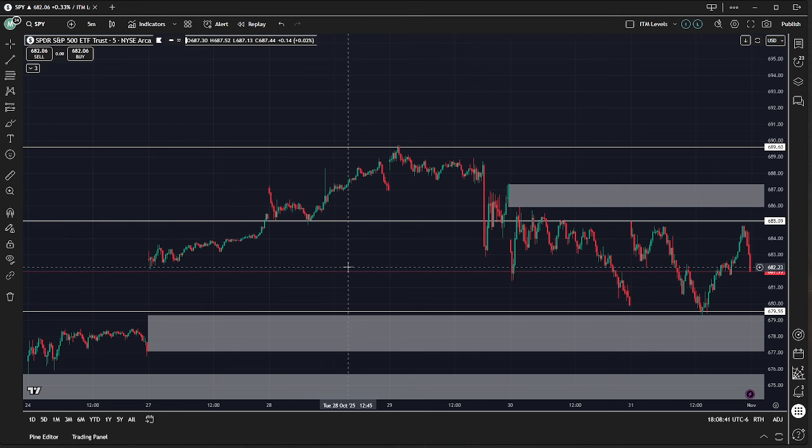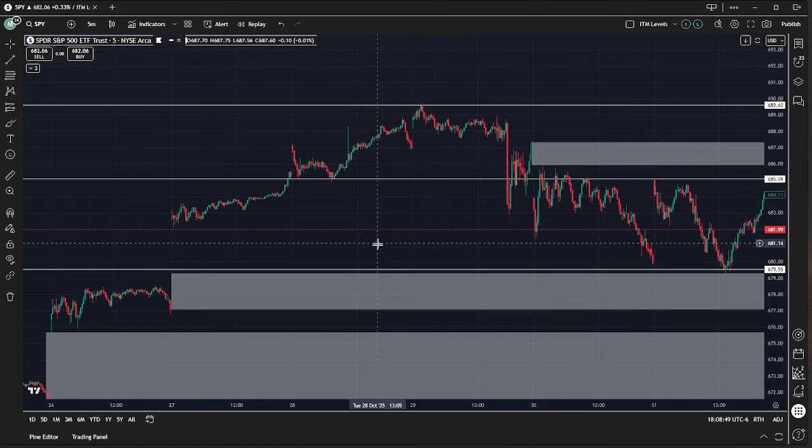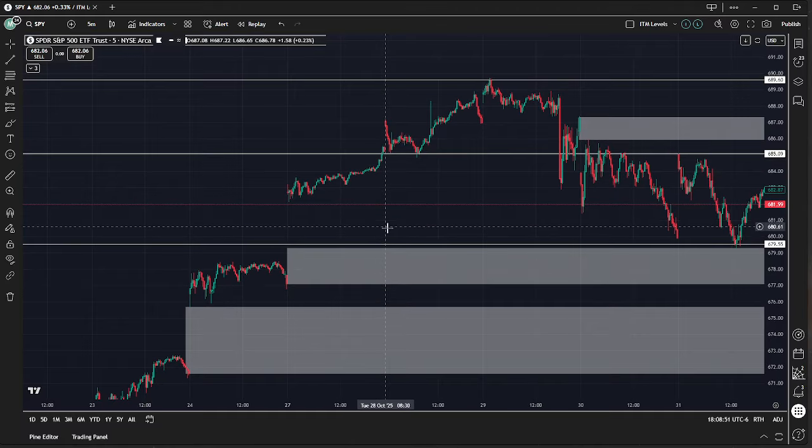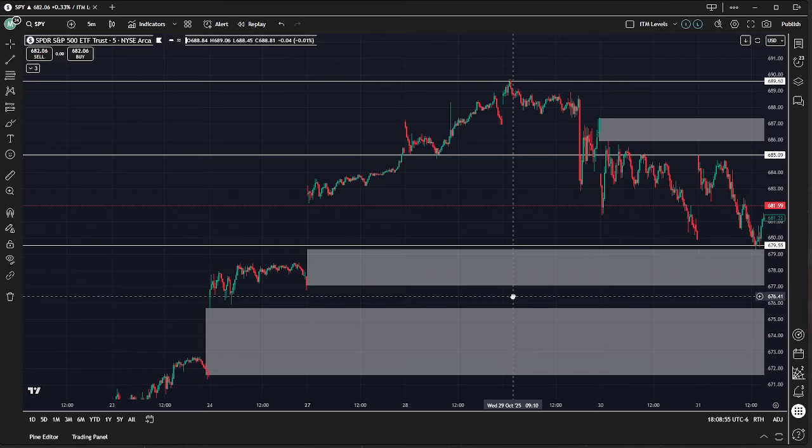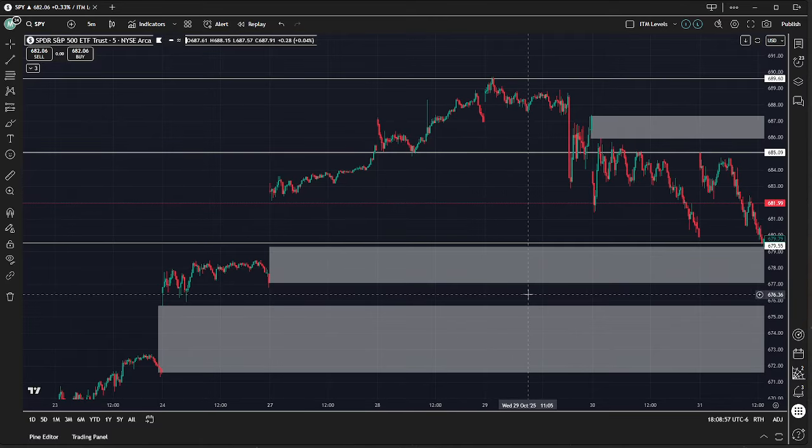I might look to add another level around these areas right here, just in case we do end up trying to get a little bit more choppy in these areas. We can have a little bit more levels, but I'll leave that for right now. And then I'll start pushing down right here. So below 679.55, I like to move down to